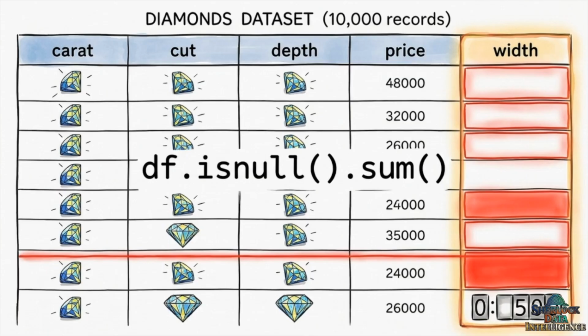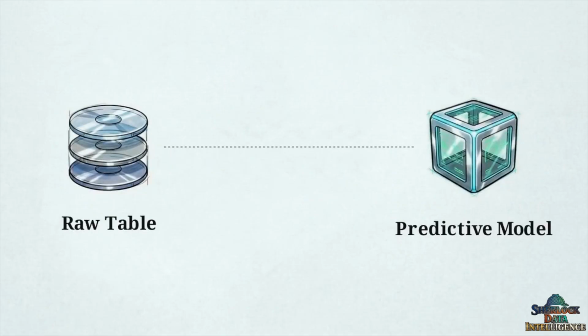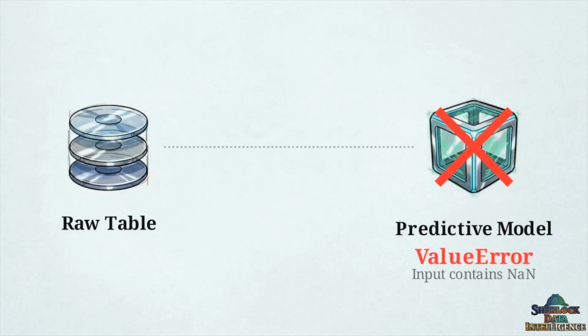By running df.isnull().sum(), we scan every column and count the exact number of blank cells, quickly diagnosing the scale of our missing data. We have to address these 500 gaps before we go any further. Machine learning models cannot perform math on empty space. If we try to feed this raw table into a predictive algorithm right now, the model will simply fail to